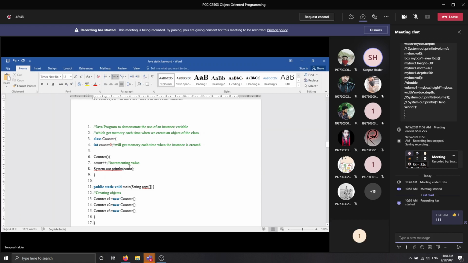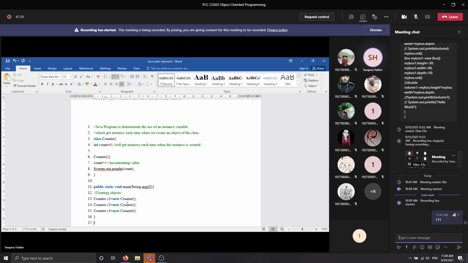This is another example for the uses of the static keyword. In most interview cases, you can be asked to demonstrate the use of a static variable for the counter concept, that is, a counter variable. At that time, you can write this code, or at least elaborate this logic, so that using a static variable, you can easily implement the counter concept in object-oriented programming. Got it? The concept or the logic?